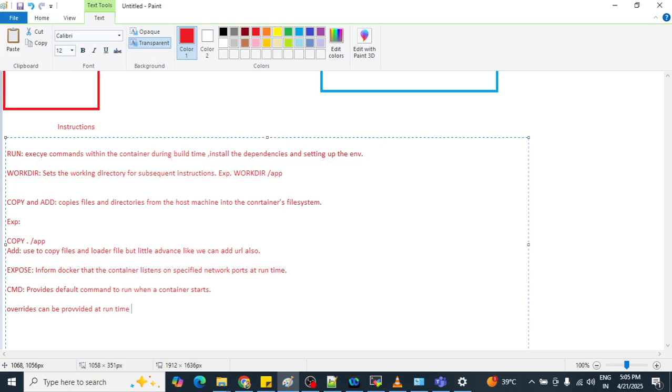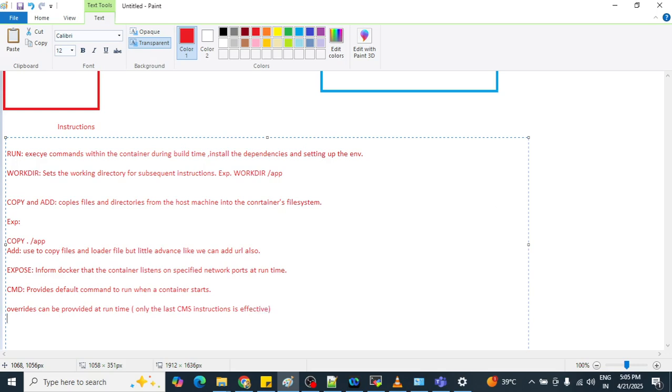Got it? Means only the last CMD instruction is effective.